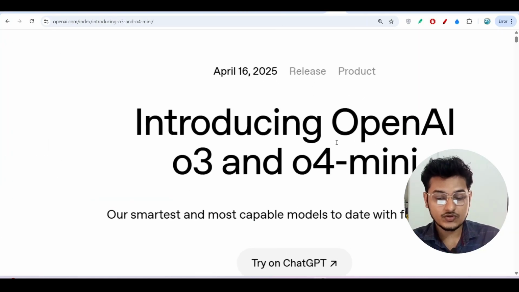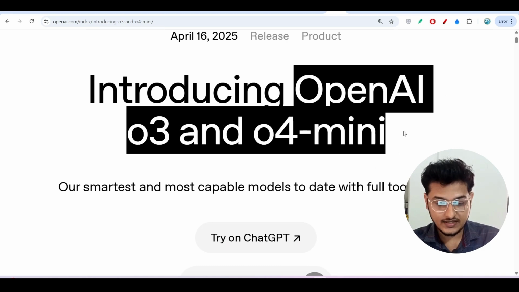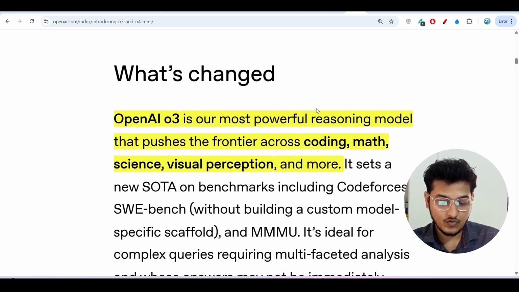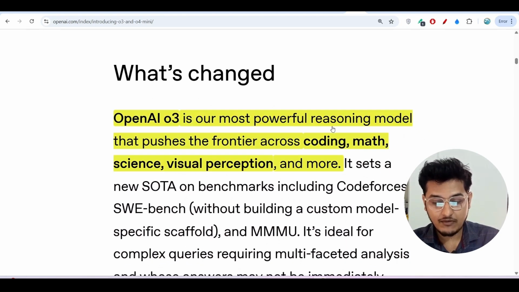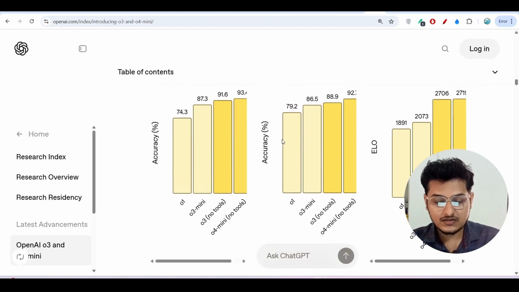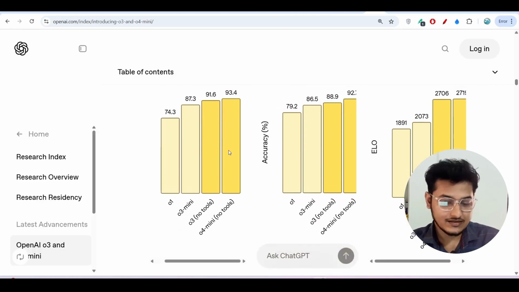Now we will talk about this OpenAI o3 and o4-mini that they have published. What new features have they introduced? Here you see that OpenAI o3 is their most powerful reasoning model that pushes the frontier across coding, math, science, and visual perception and more. And also they have given some benchmarks. But one disappointing thing is that they have done the comparison with their existing models, like this o1, o3-mini,